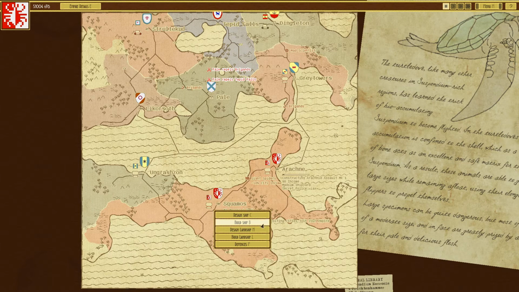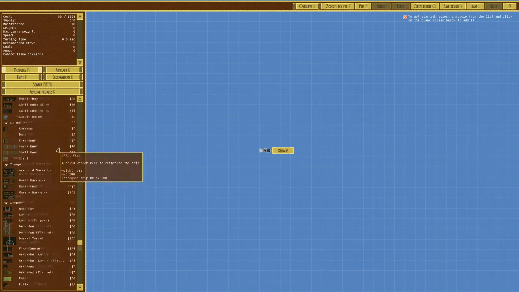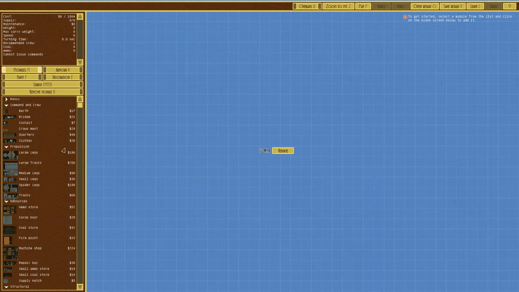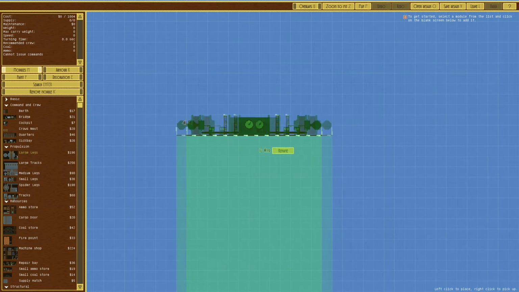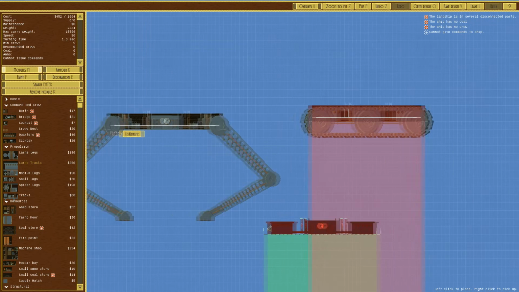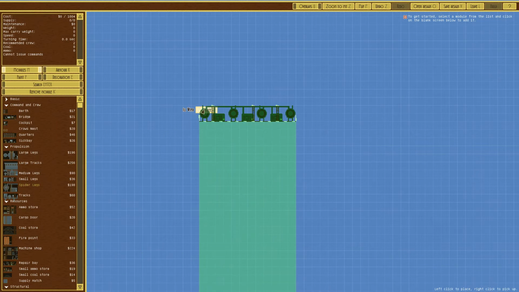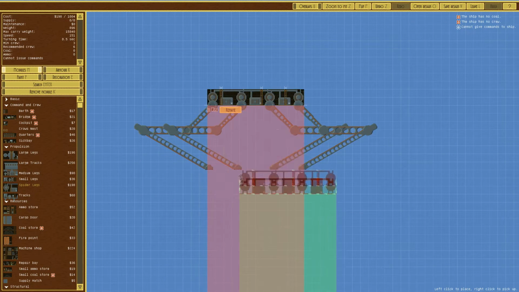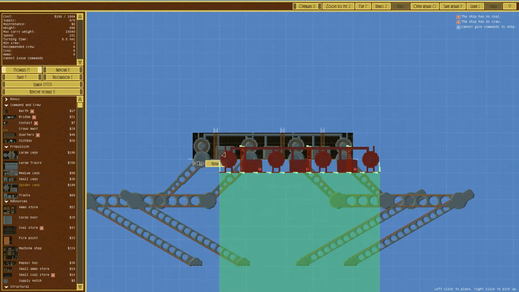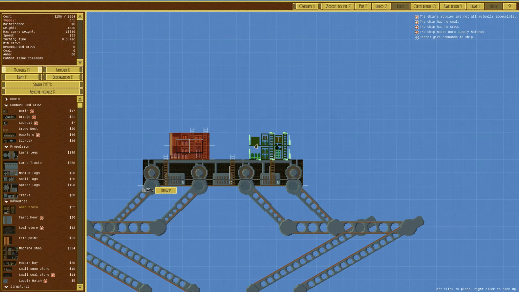So we're going to go ahead and design a land ship. And land ships are not a lot different. Basically, the main thing that's different with land ships is you've got legs, walkers, and you've got tanks with treads. Those are the two options you have. So we're actually going to try out the spider legs, because I've never actually used the spider legs before. So we're going to go spider legs, storeroom, ammo storeroom,